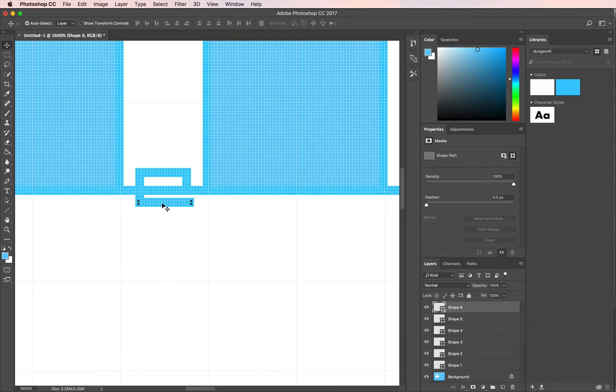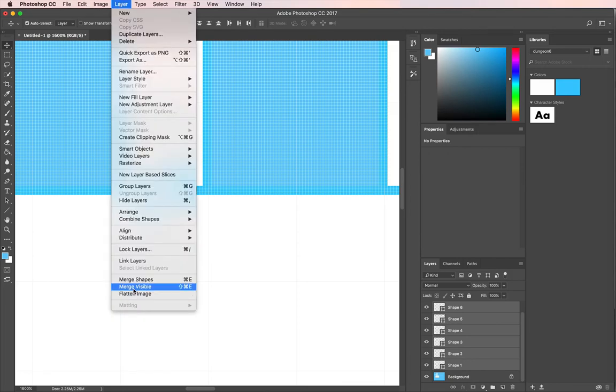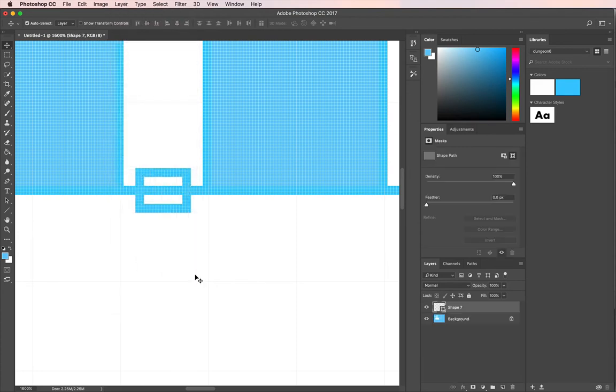That's too long, so I'll undo that with Command Z. That's not the right position, so grabbing the Move tool. Okay, great. Got a door, and I'm going to squash that down to a single layer, but I'm not selecting the background. I want to keep it in its own layer. So merging. Great. And now if we zoom back out,